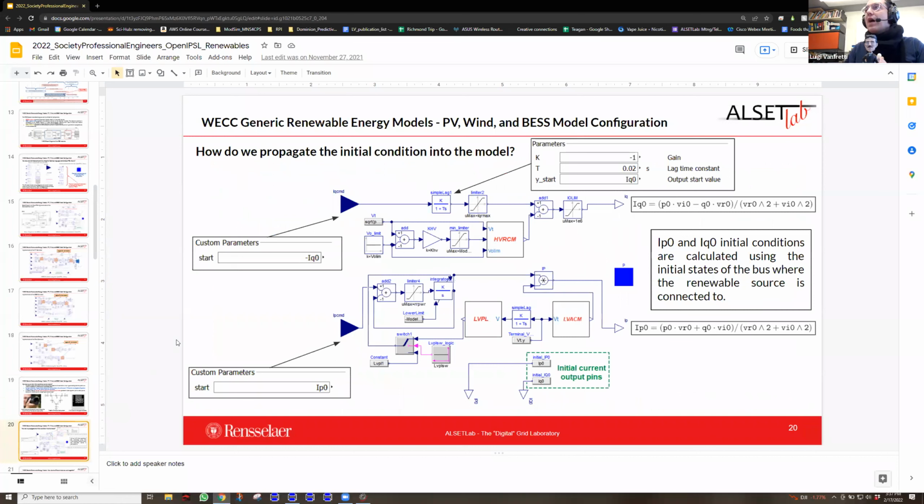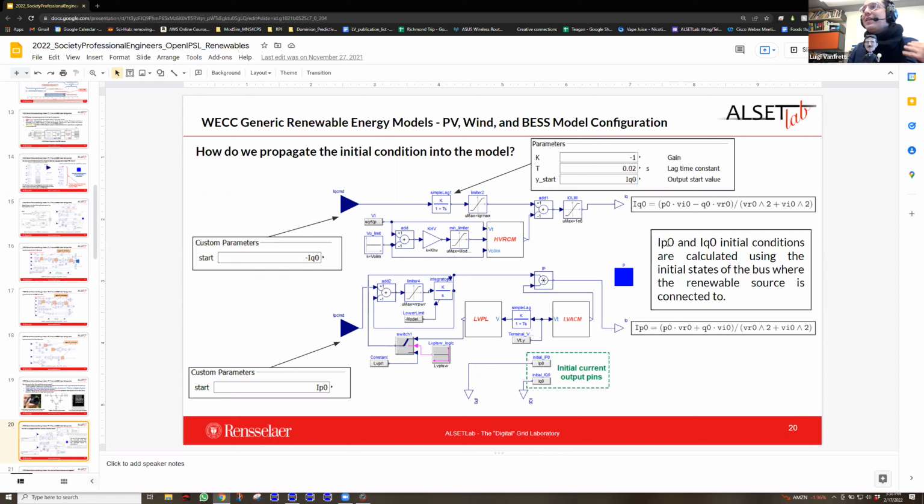Okay, so how do we propagate this initial condition from the bottom of the model to the top? It's by inheritance. It's very simple with object orientation to say, hey, this parameter that is inside is going to be used in here, it has a start value, and the name is going to be IQ0. And then from the top level of the model, we already know that that's going to be required internally.